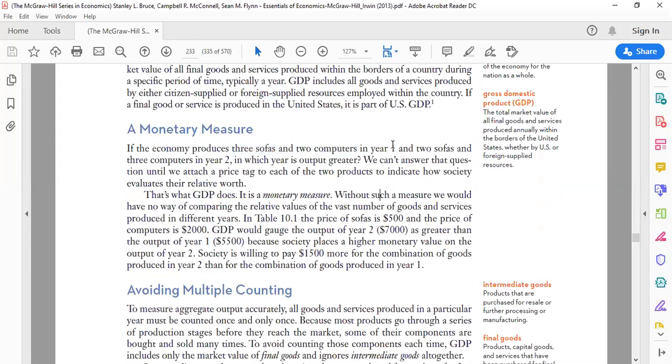Because maybe in the next year 2 sofas and 3 computers are produced in year 2. How can we determine which value is the highest? In order to answer this question, we assign monetary value to the production of sofas and to the production of computers. Let's say it's written here